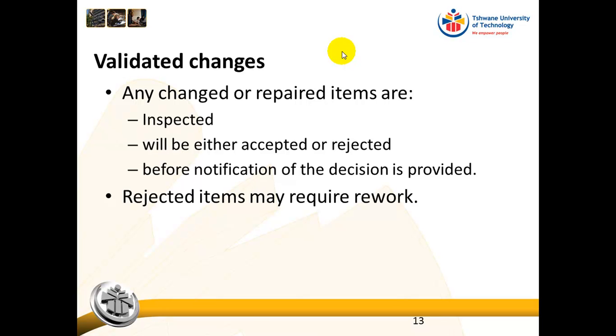Then another output of quality control is validated changes. So this is where we have change requests that have come through on the project, and so if anything has changed on the project, we have to now check and make sure that those change requests have been implemented. And also, if we've done inspections and there is repair necessary, we need to make sure that those are correct. So we inspect them, we either accept or reject,